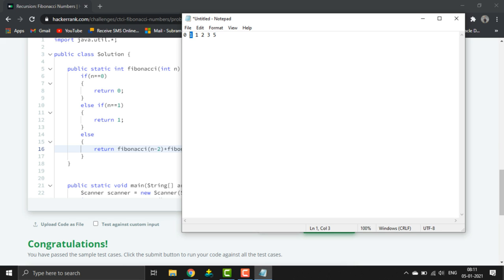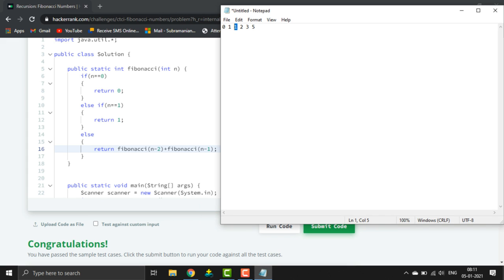So this is the 0th position, this is the first position. Once n is 2, it will return Fibonacci of n minus 2 plus Fibonacci of n minus 1, which means we call the Fibonacci method here and pass n minus 2 inside this method as an argument.